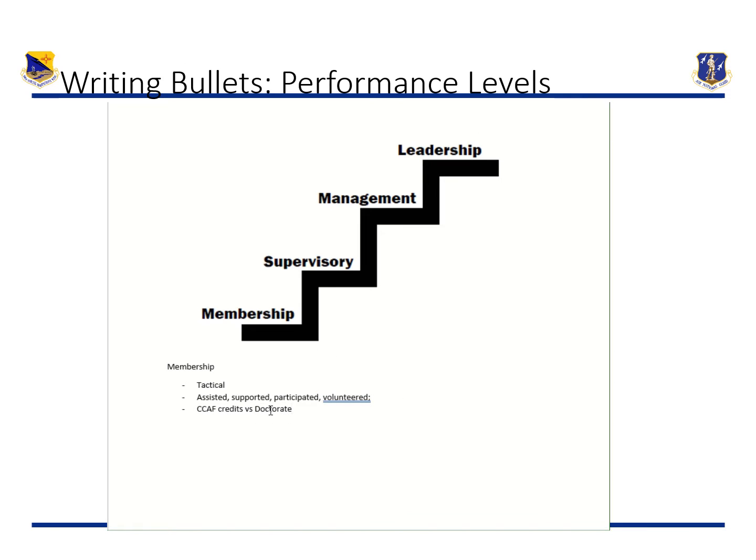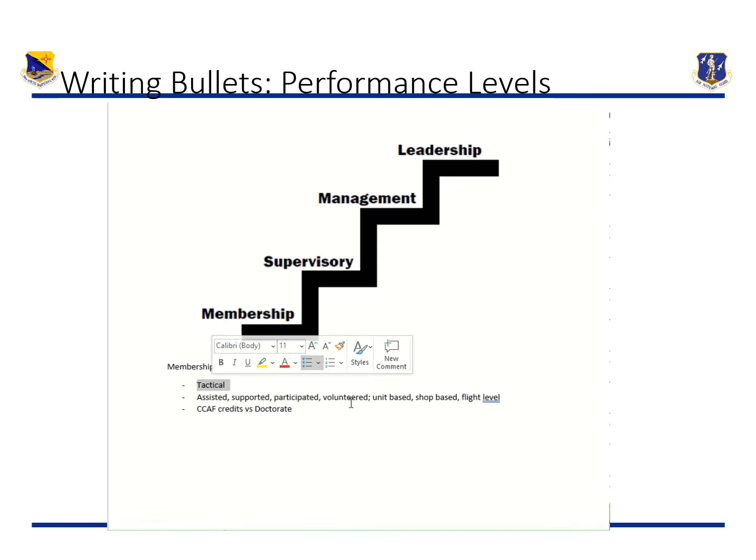Again, because this is indicating that this member is leading. Even though he is at the tactical level, he's not performing at a membership level. Or at least in this bullet, he wouldn't be. He would be performing at the leadership level. And some of the results or impacts that we can see are more unit-based, more like shop-based, maybe flight level, more immediate level impacts, things that are more aligned with the, again, tactical level of performance.